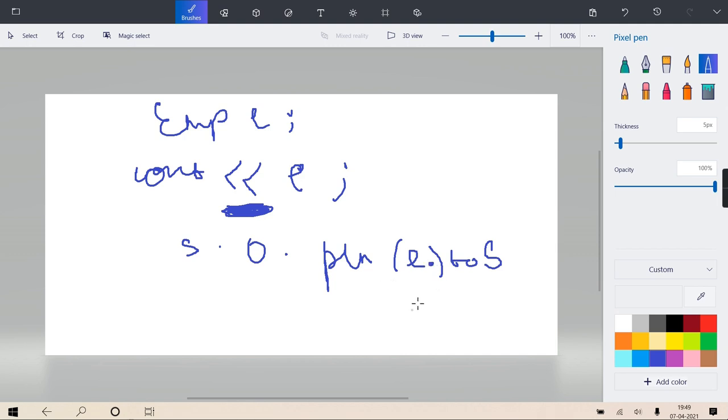Same concept in Python also. In Python also one magic method is called. So yesterday I told you what is magic method. Magic method means methods which are not called explicitly using dot operator. These are the methods which get called implicitly.